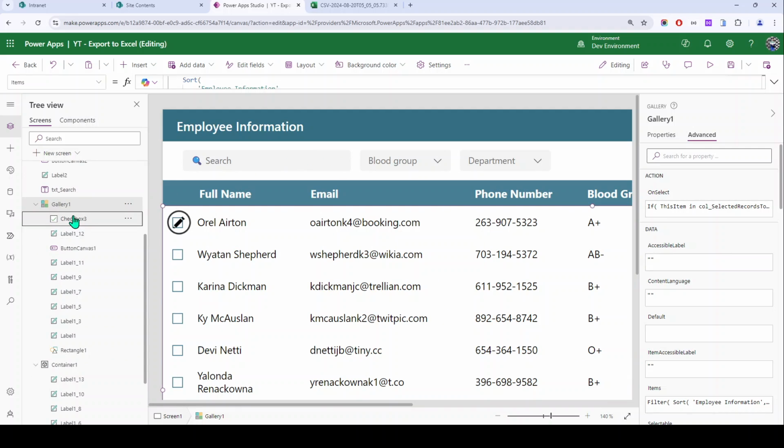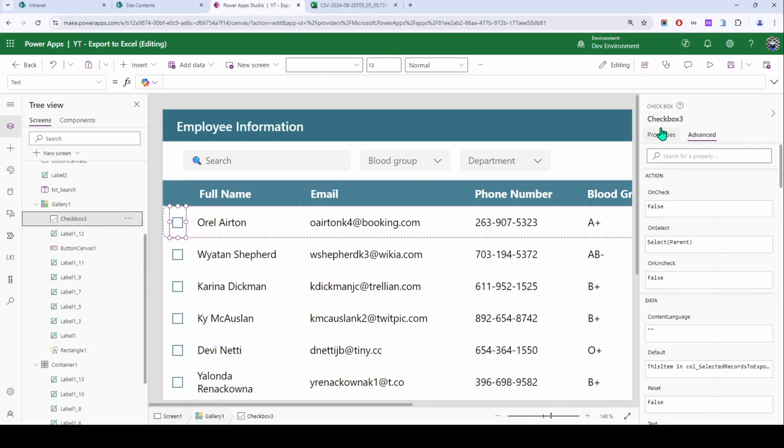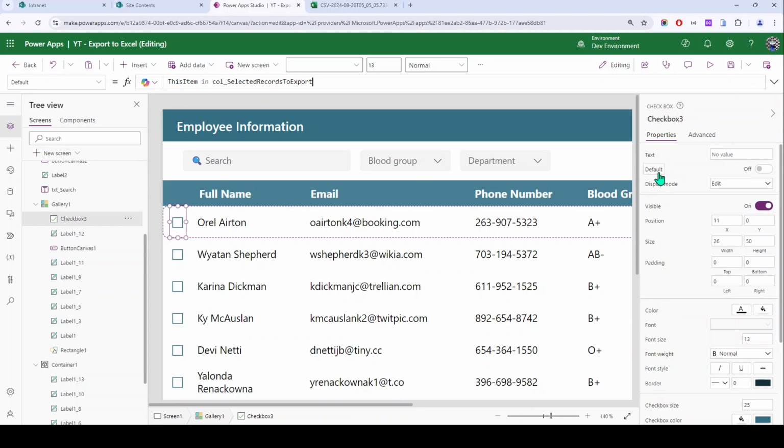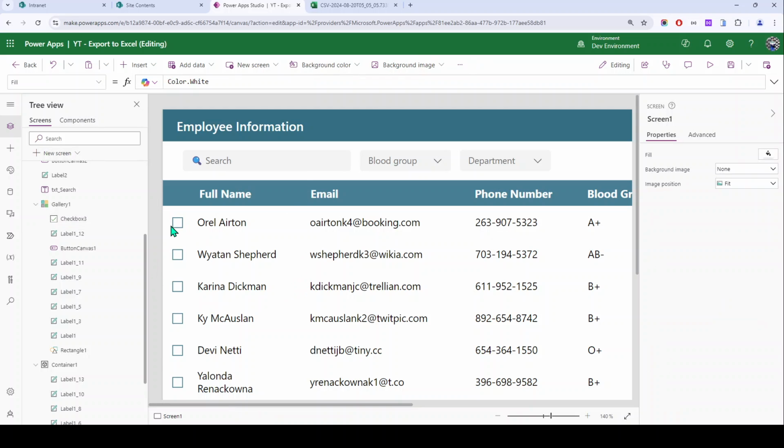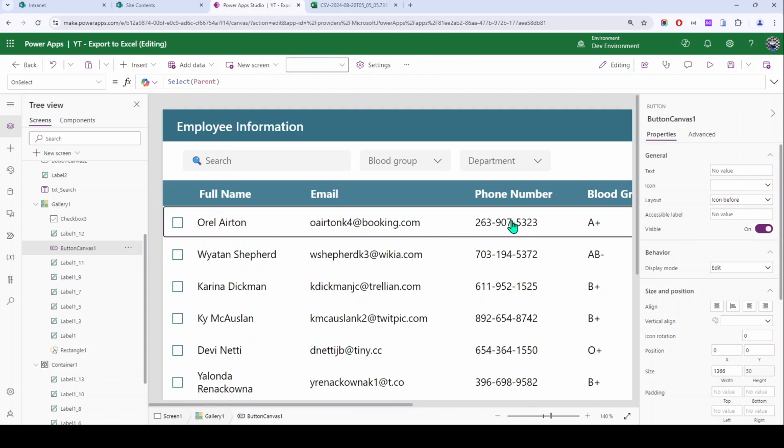In my gallery, there is one checkbox. So you can see I did not add any formula in on check, on select or on uncheck. So the default property I am showcasing using this formula, because whenever we select any item, we want this checkbox to be checked. So what I did, instead of writing the formula on the checkbox, I have written the formula directly on the complete